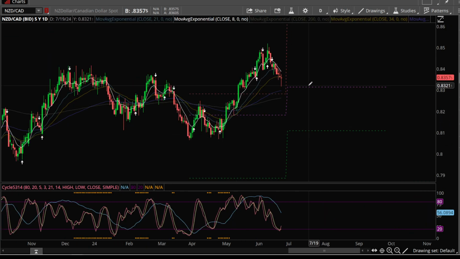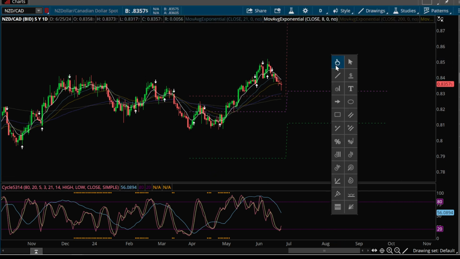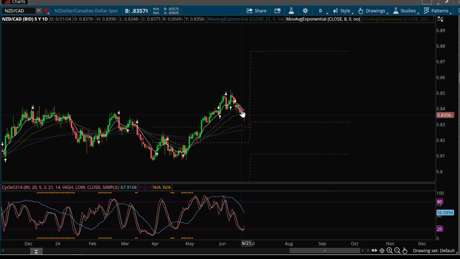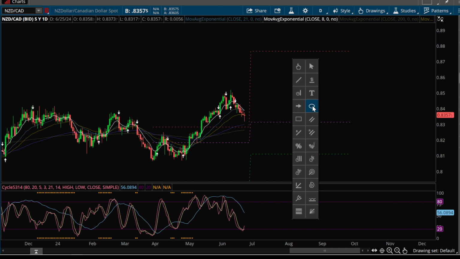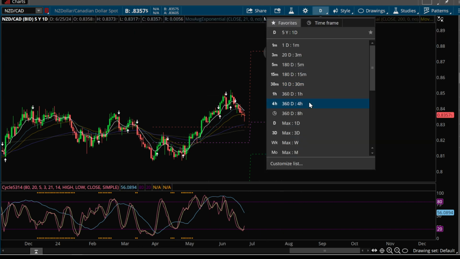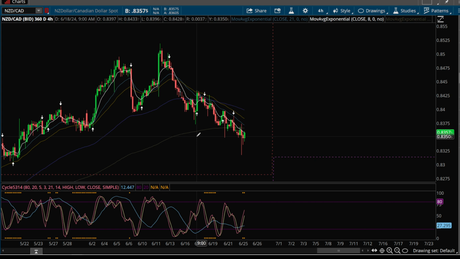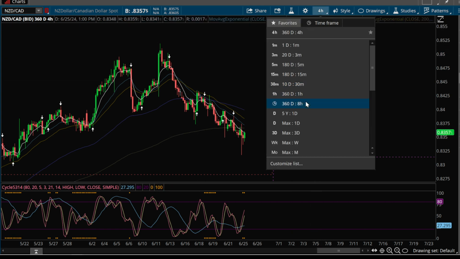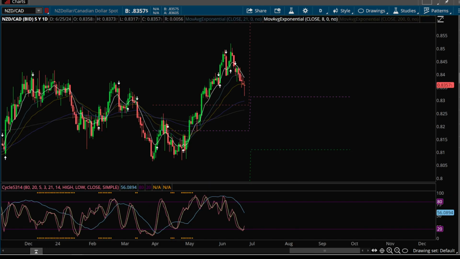NZD CAD, we're still looking for buy setups. And I think you're going to have a bullish month of July in this pair. We're looking to come after this quarterly R2 up here. So we are looking for buy setups. We could be patient right now. We're just waiting for a daily close above the 8 for right now. So on NZD CAD,